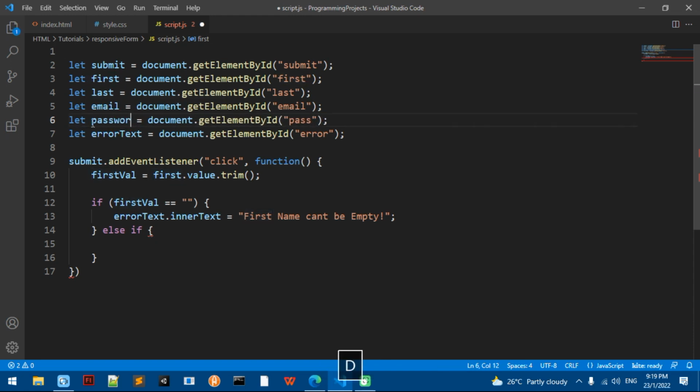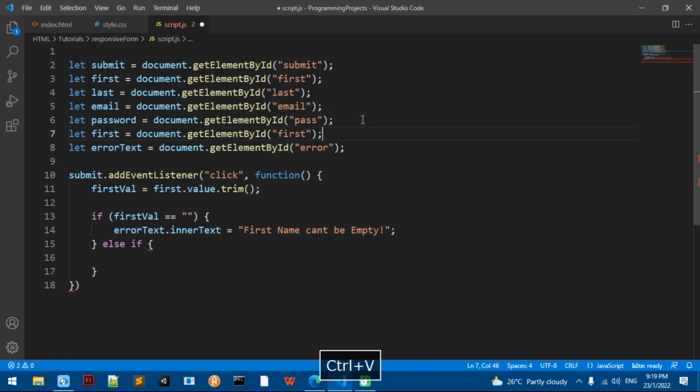Also, if you didn't know, you can name your IDs whatever you want. Then confirm password. So the else if